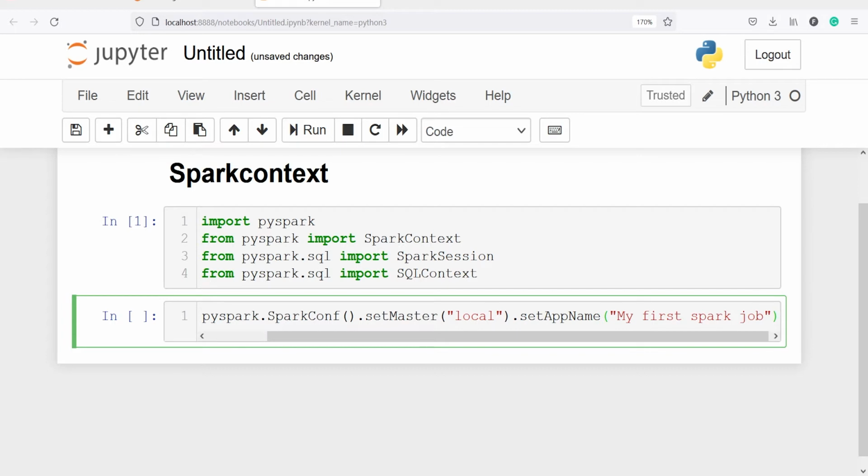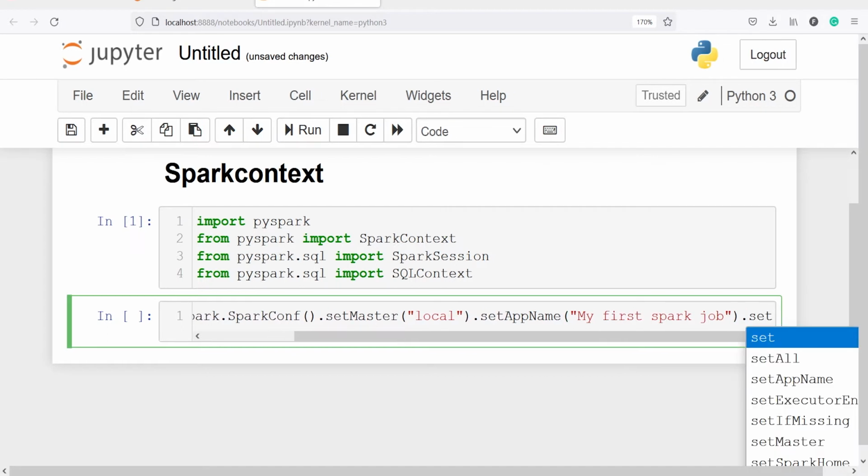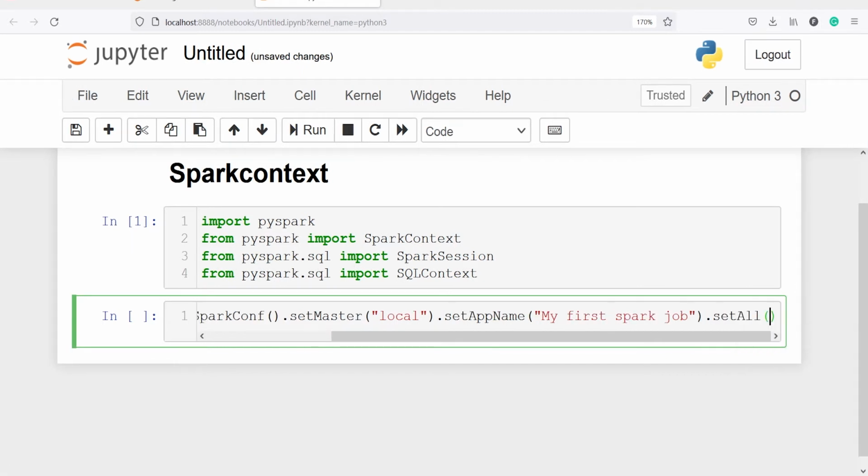Next, we are going to define the other parameters. So I will type dot set all, and in this we will define the other parameters such as the executor memory, driver memory. So I'll make a list first, and inside this I will make tuples. The first tuple will be spark.driver.memory, and we will assign 40 GB here, 40G.